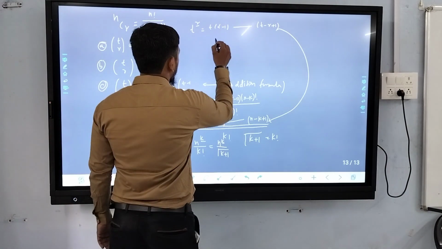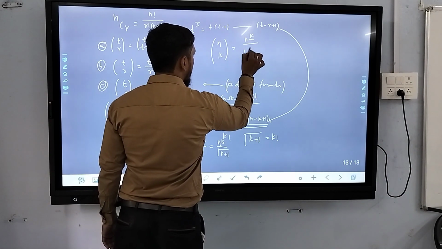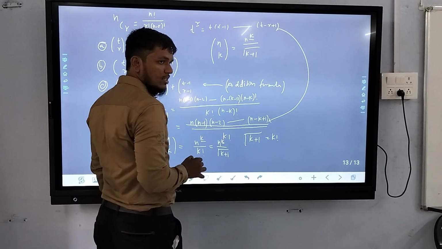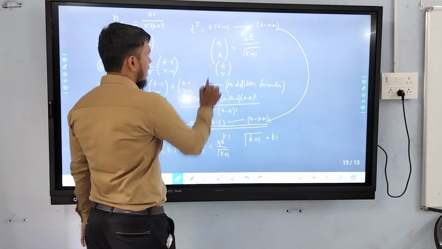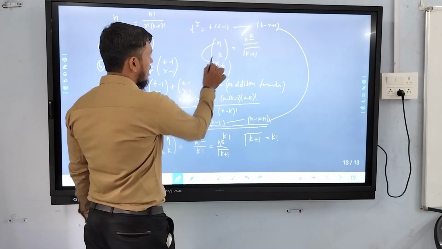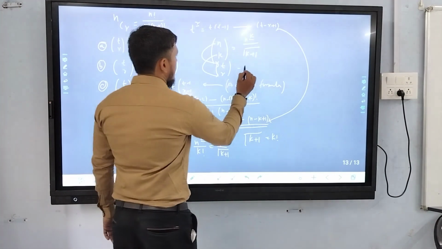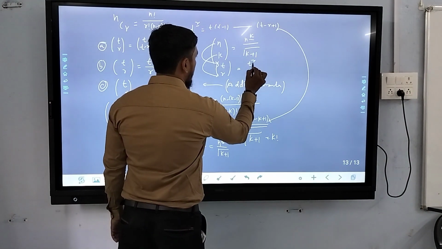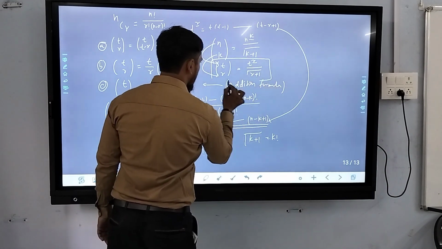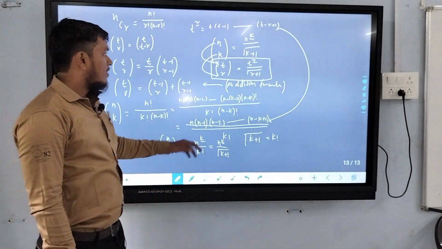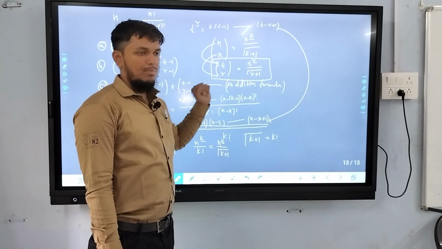So this is a very important formula. nCk is equal to what? n to the k falling upon gamma k plus 1. So you can change this in terms of tCr. In place of n we have to replace t, in place of k we have to replace r. So it becomes t to the r falling upon gamma r plus 1. So the value of tCr is equal to t to the r falling upon gamma r plus 1.